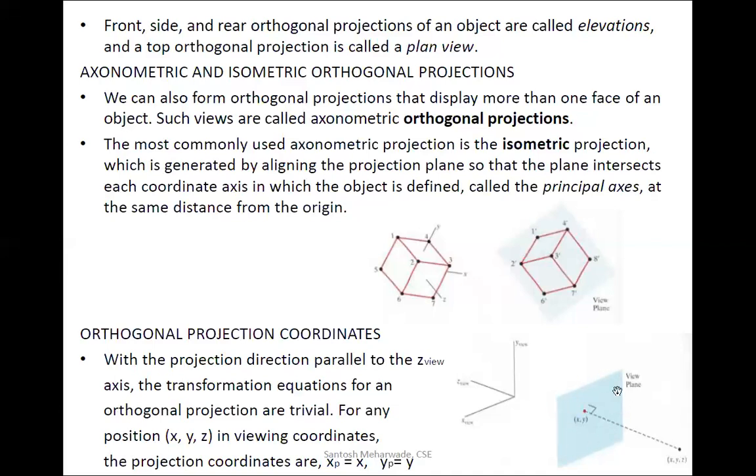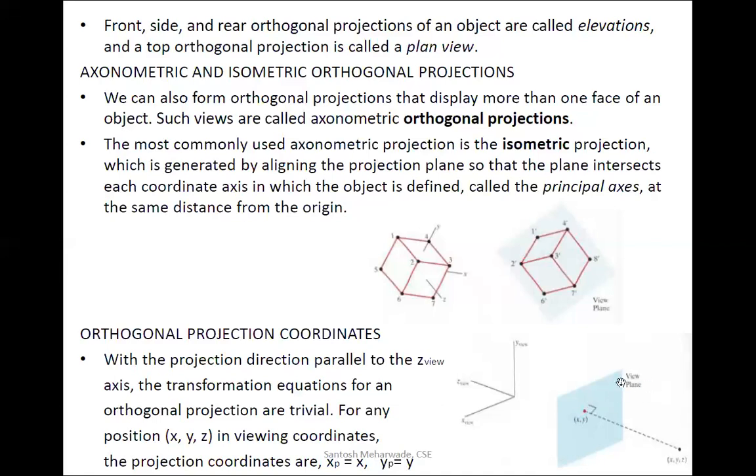When these parallel lines hit this view plane at an angle of 90°, then we call it an orthographic projection. Now the image of this object can be seen on this view plane. The real object will be here only, but its image can be seen on this view plane.